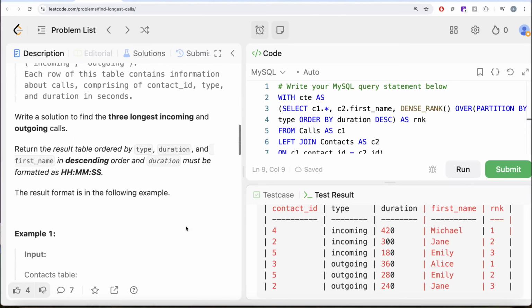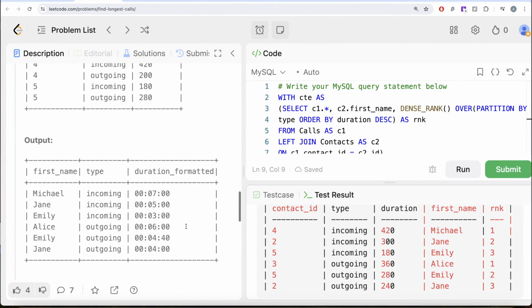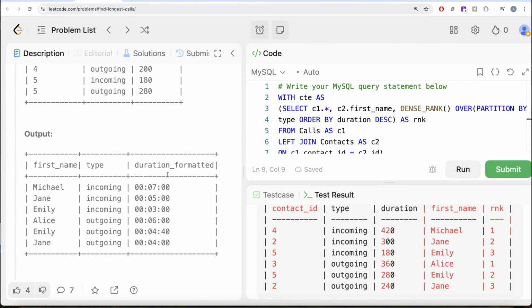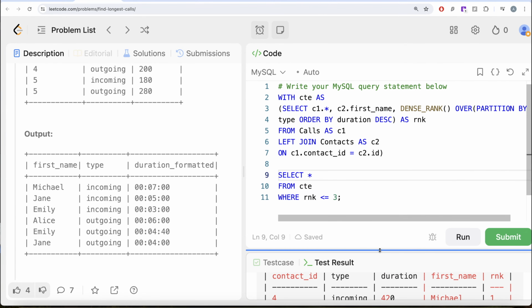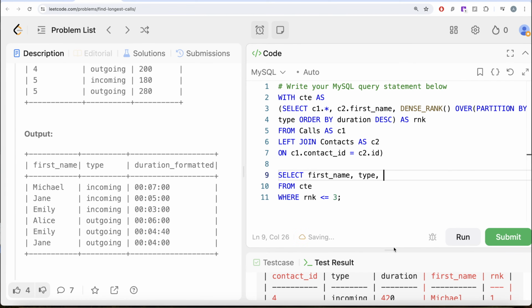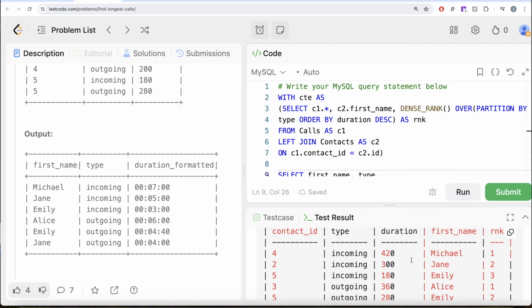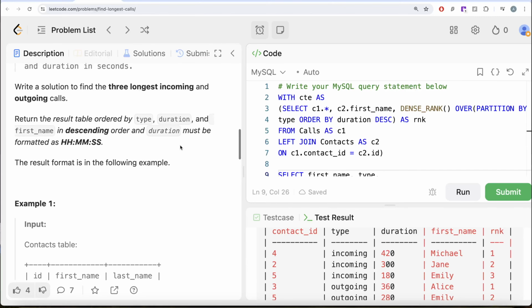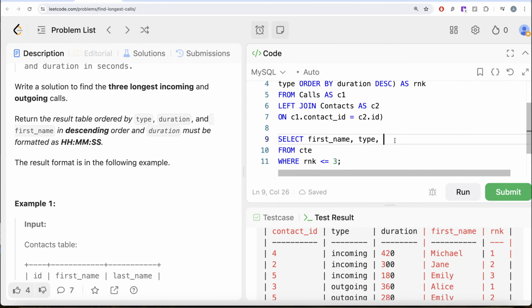Now we only need certain columns. We need the first name, we need the type, and we need the duration, but in a formatted manner. So what we can do is, let us return the first name column, let us return the type, and then we return the duration formatted. Now duration is basically in seconds, so we need to convert this into the format that we want, that is hour, minutes, and seconds. So there is a function called SEC_TO_TIME,